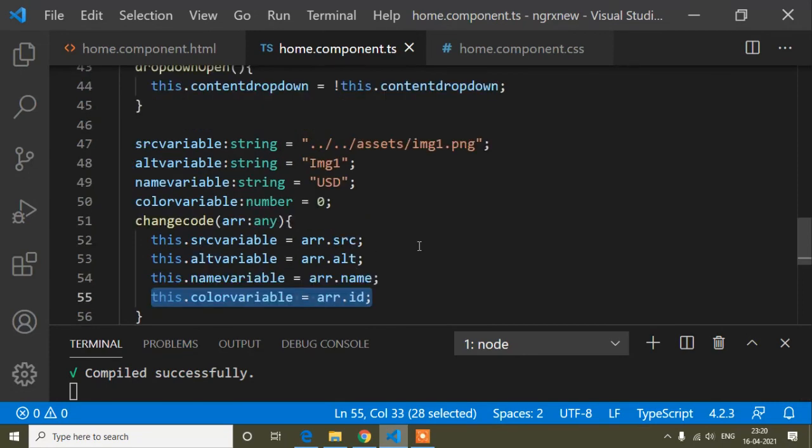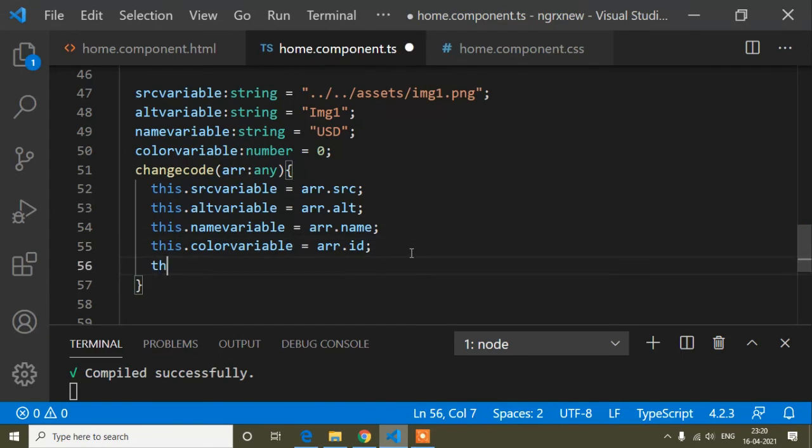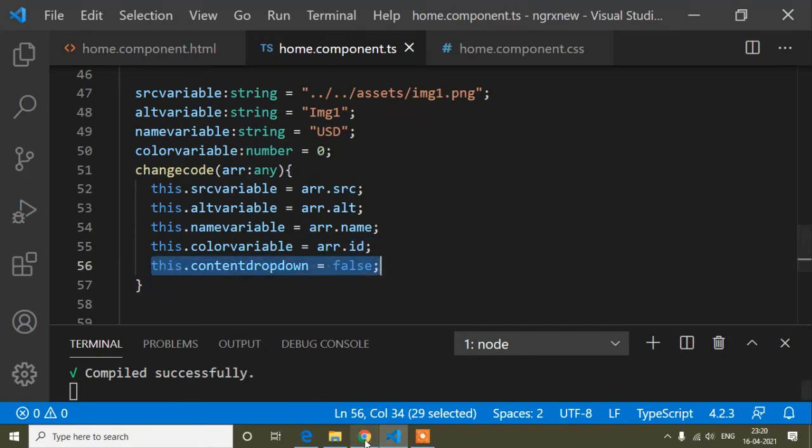So for that we can do this: this content variable I have to make false here. So this content variable is false, so that means when I click any li tag, this content variable will be false. So now, suppose I have selected here, you can see the data is changed and the drop down is hidden from here. Again if I select USD, it's changed and the drop down is hidden. So hope guys you have understood the functionality, and after using this functionality you can do many types of things, and hope you have enjoyed this video.